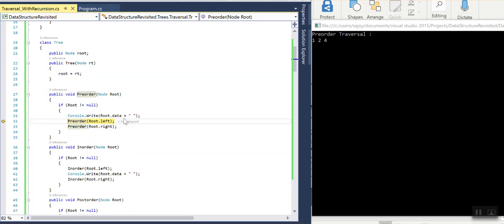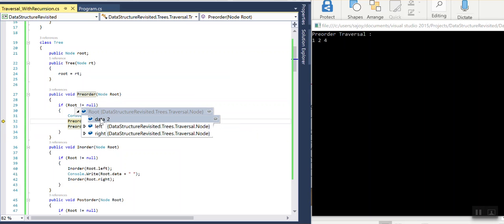Then it will call the right node of 4, but the right node of 4 is also null, so it will again call that. It will find that the root node is null, then it will come back and come out of this particular function. You can see that the printed value is 1, 2 and 4. Now it will come back to the same place where the root node was 2,